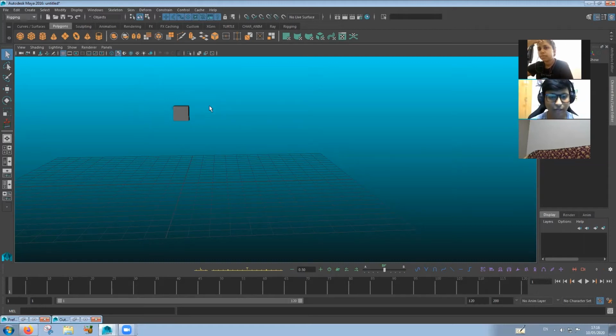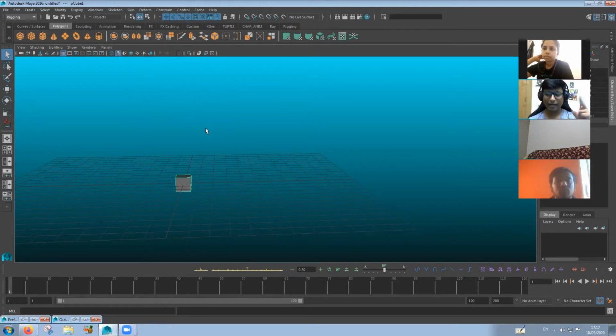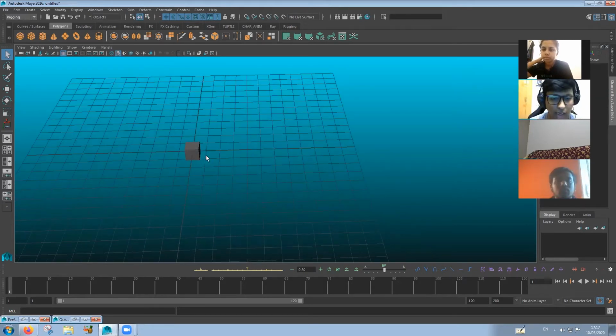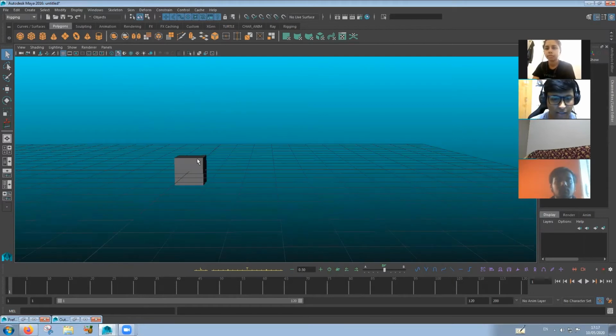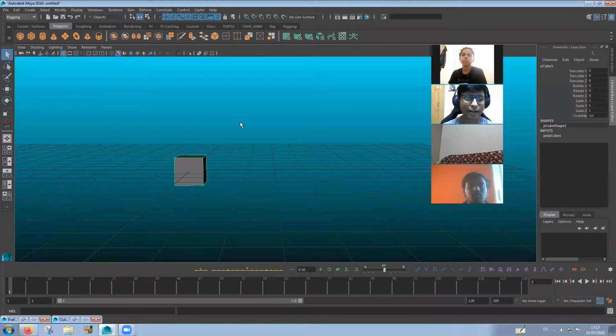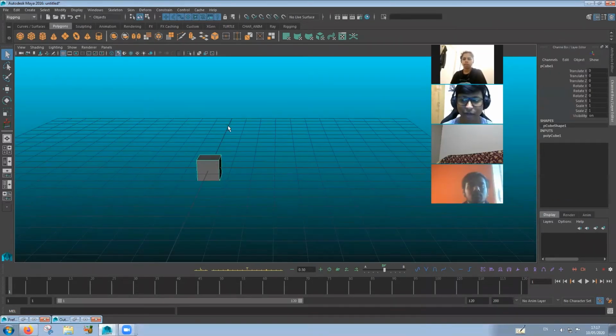Right. So we all know that to control an object in Maya, we use two methods: simple parenting and constrained parenting. Before we move into any of that, let me show you how Maya perceives the movement of anything in its 3D viewport.